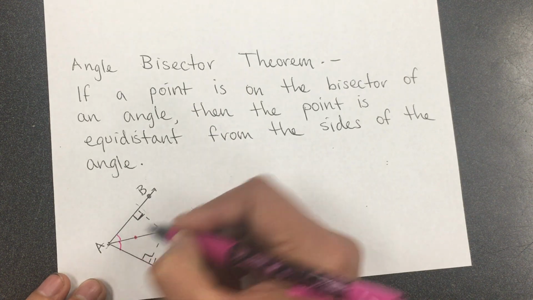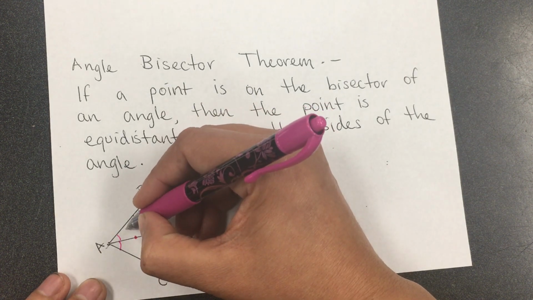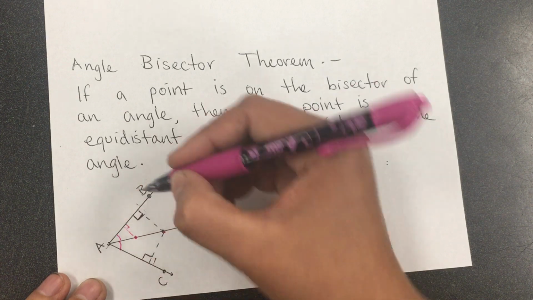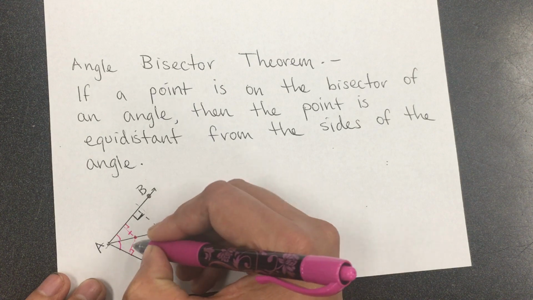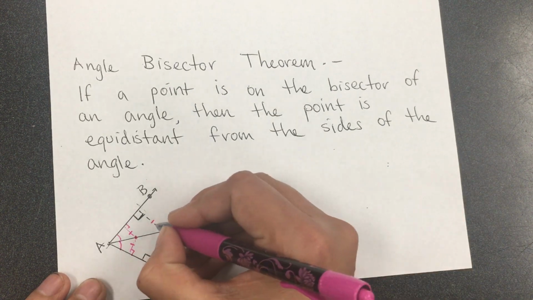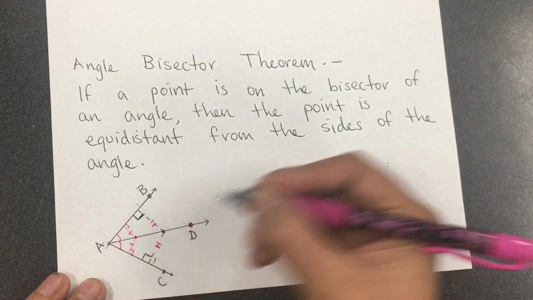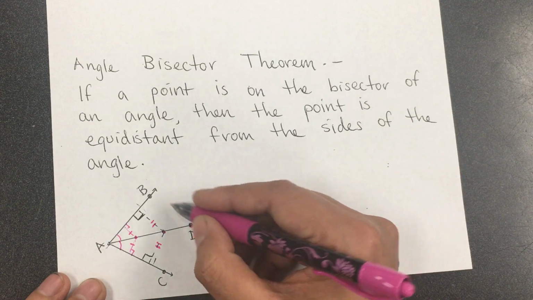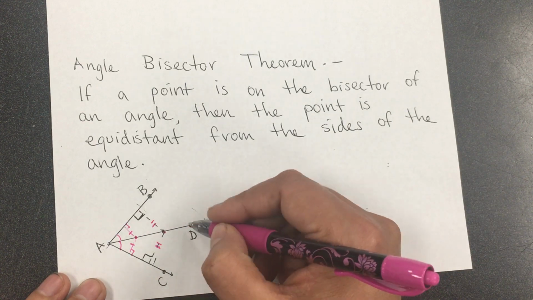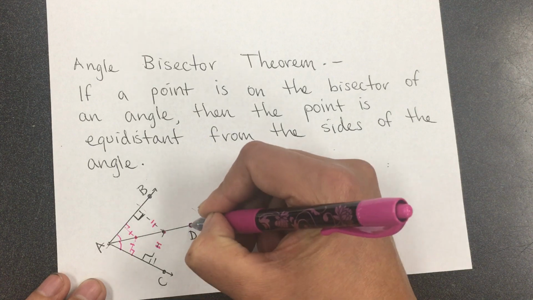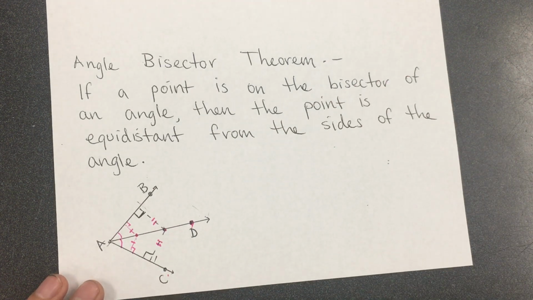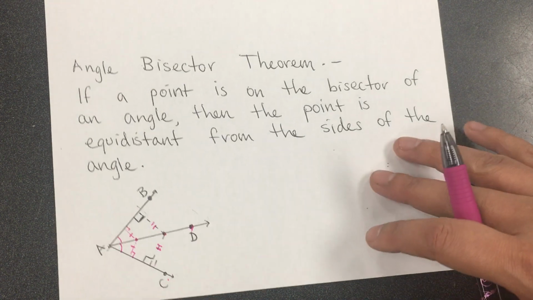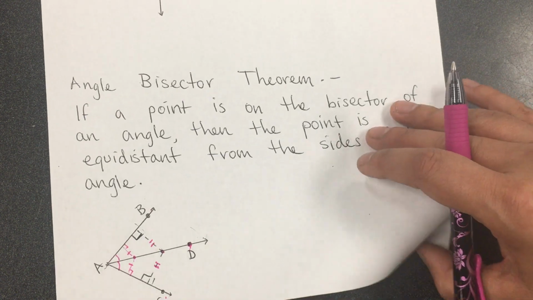If I put another point, then it's going to be equidistant from the sides, okay? So it'll have a little marking in here. Well, this one has similar markings. Or even D, even if it doesn't have any connections, we know that it's the same distance from here to the sides of the angle. Okay, now that we have this information,